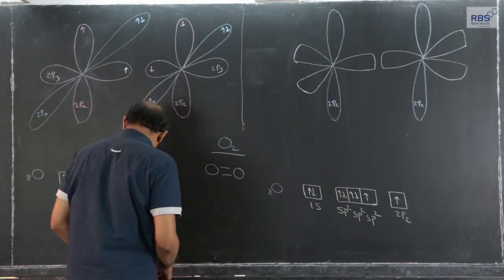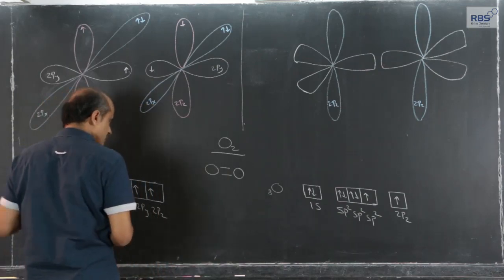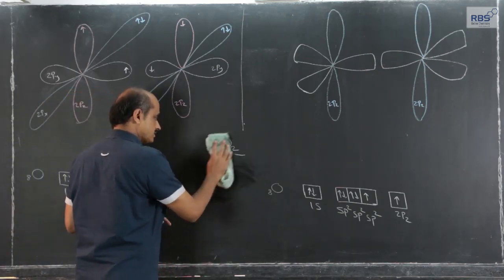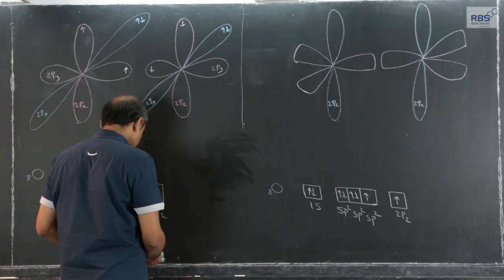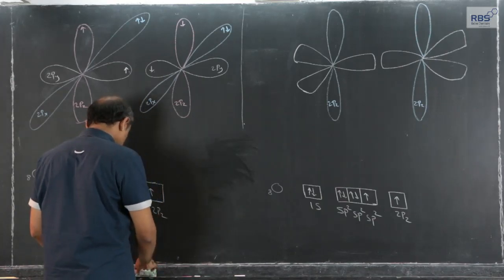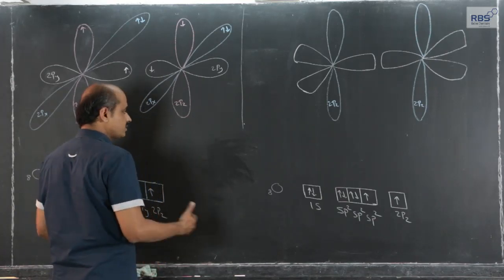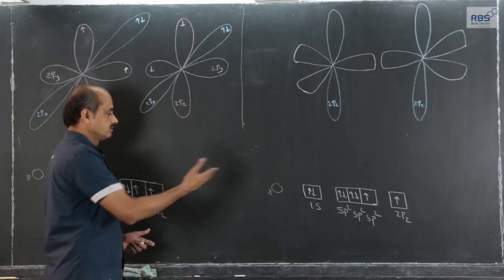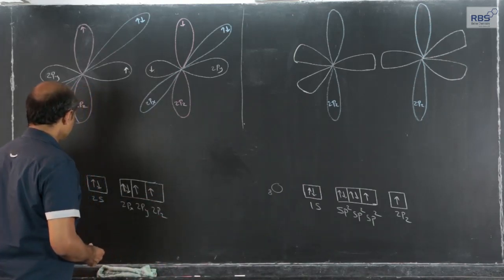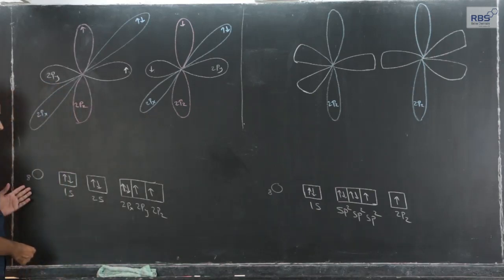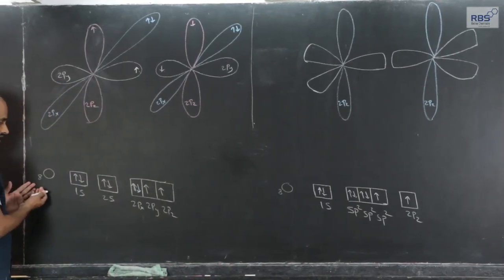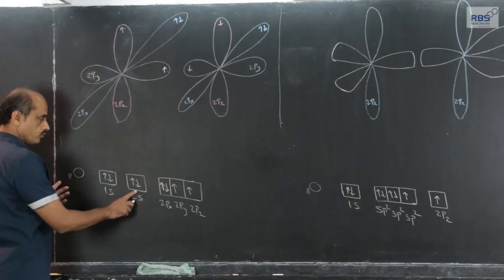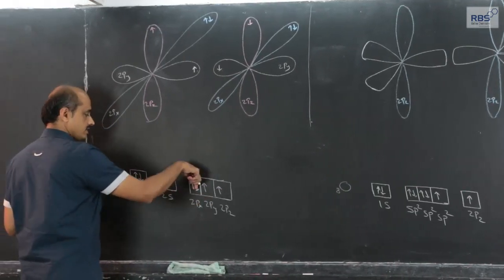Let us see. Let us first consider that oxygen atom, when 2 oxygen atoms approach each other to form O2 molecule, by assuming that it does not undergo hybridization, let us see what happens, and then we will go ahead. This is the electronic configuration of oxygen, atomic number 8, 1s2, 2s2, 2p4.